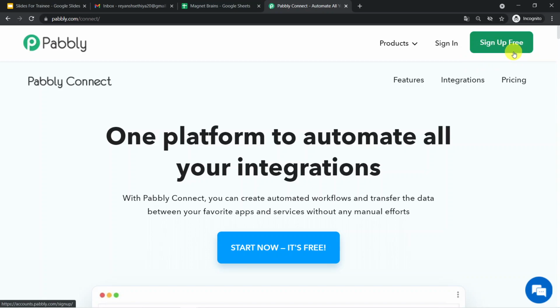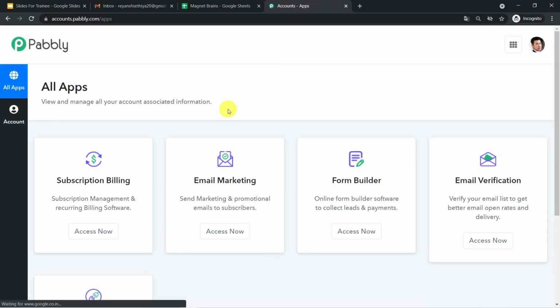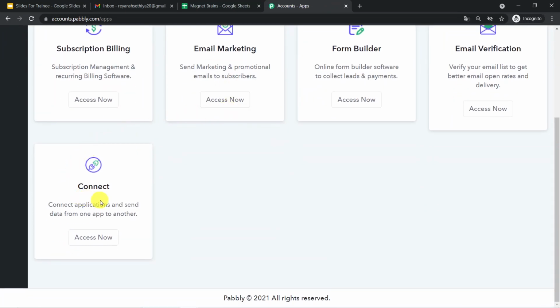As I already have an account with Pabbly Connect, I am going to click on sign in. Now here we have to go down and come to connect and click on access now. The page is getting loaded.